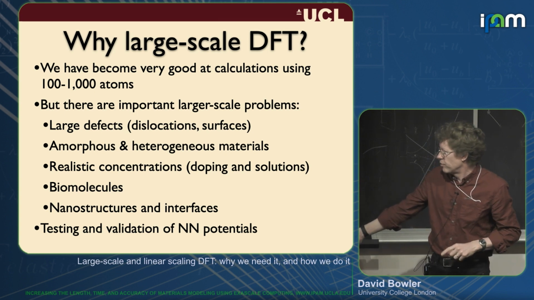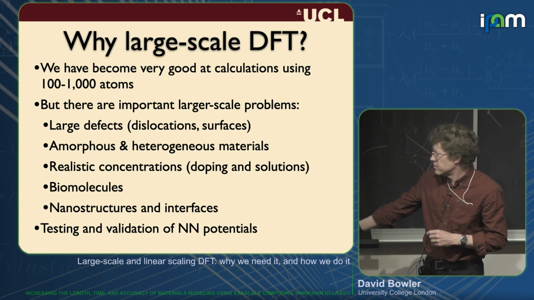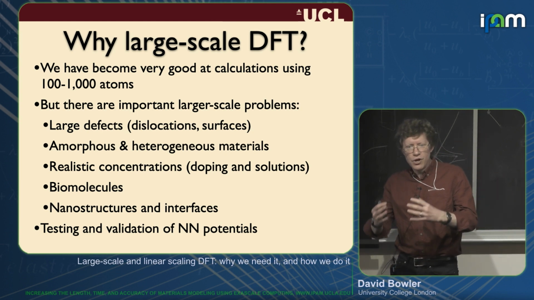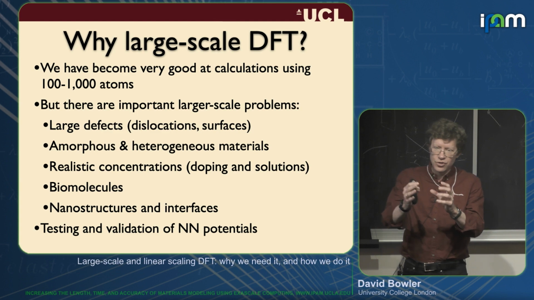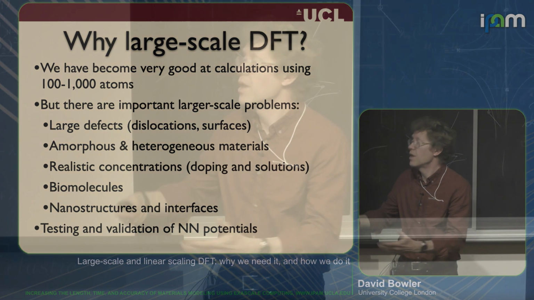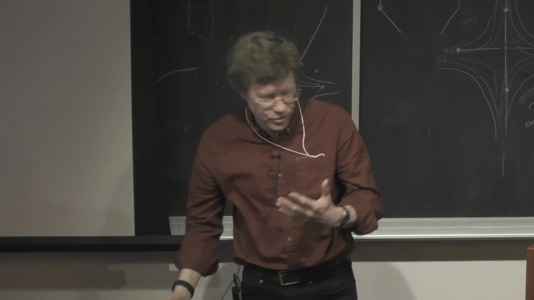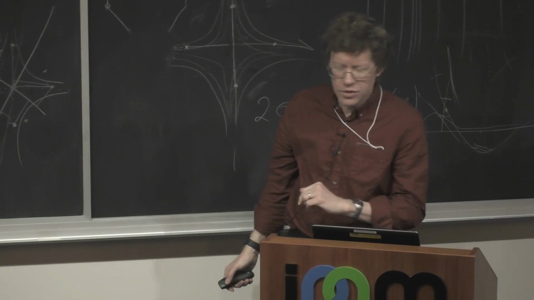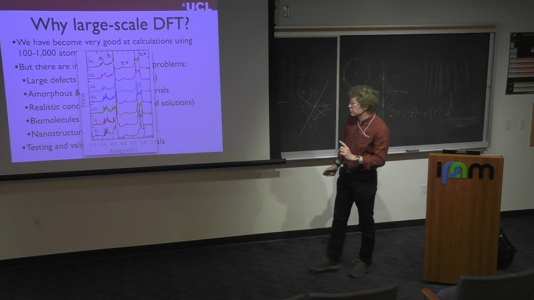And something that I put on because of what we've been hearing here: neural network potentials are all very well and very fine, but how do you know that the potential that you fitted to a small calculation scales well to a big calculation? You need large-scale DFT. Of course you need large-scale DFT. I'm always going to say this. Just an example here of why it's also really good to cross-fertilize.